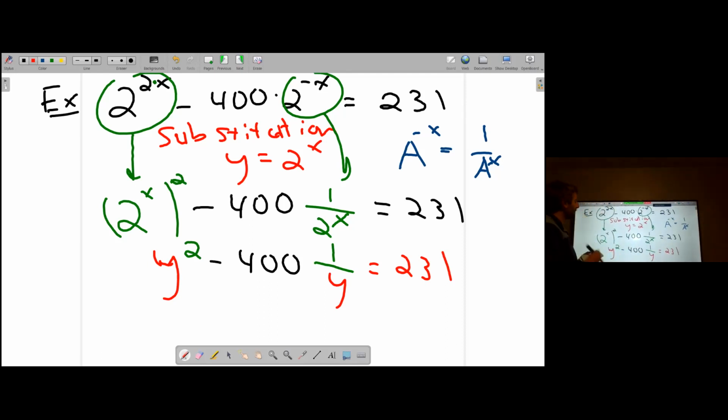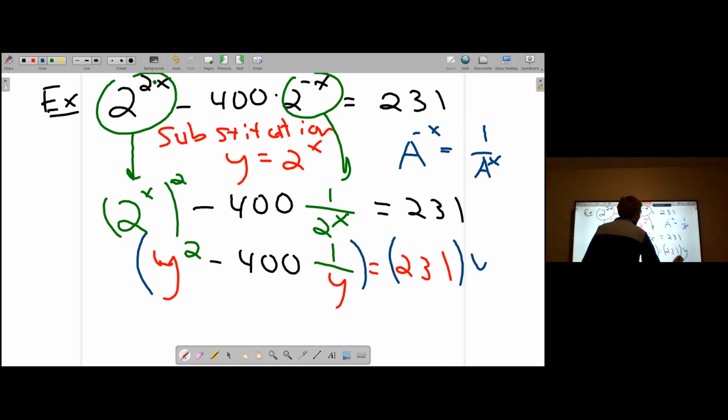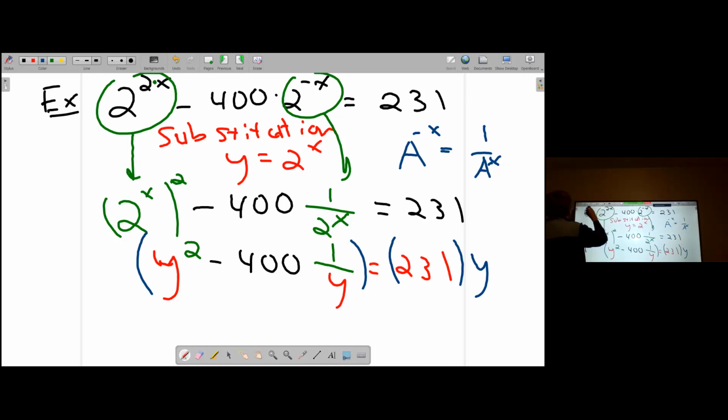And this is not an easy one by any means, but in theory, we can solve something like this. Let me take this one step further. Let me multiply both sides by y. I'm going to clear the denominator. And what you're going to get is